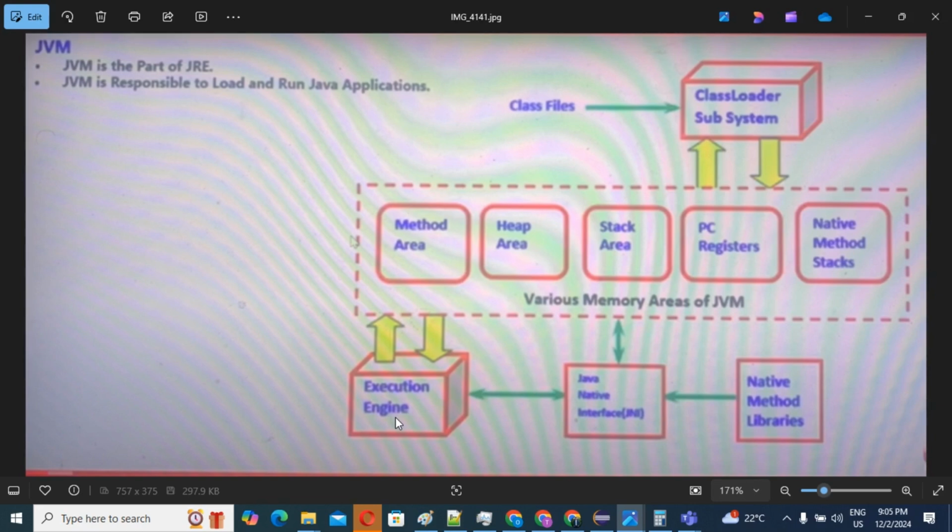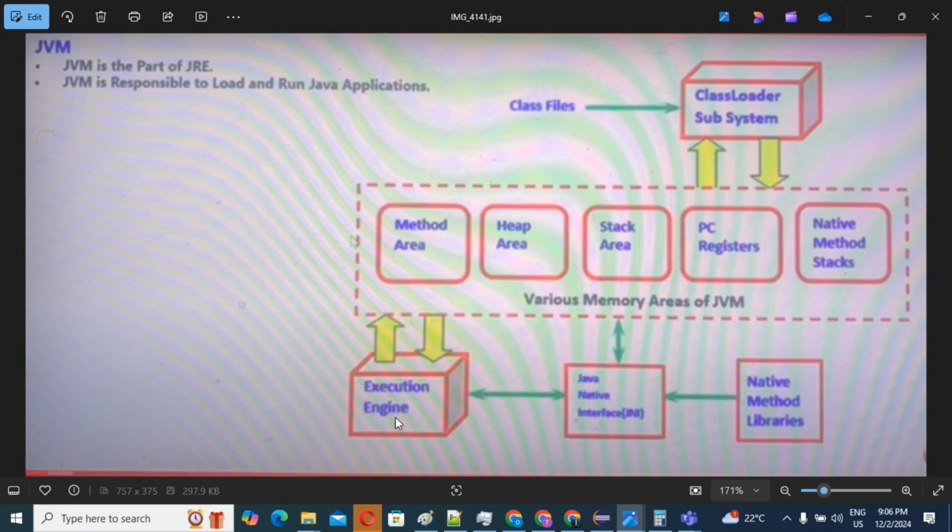Then what do we come to know? We have three components in our JVM architecture. First is the class loader subsystem. Second is the various memory areas. And third is the execution engine. These are the three components we are going to discuss in depth in coming classes. As of now, we need to understand what is what. If in an exam or interview they ask what you mean by JVM architecture, and you explain it in this way, then they will know you are perfect in JVM architecture.